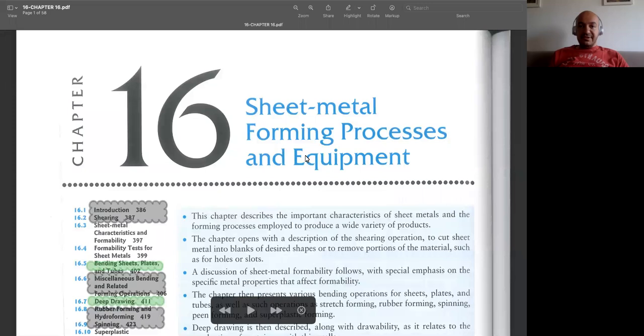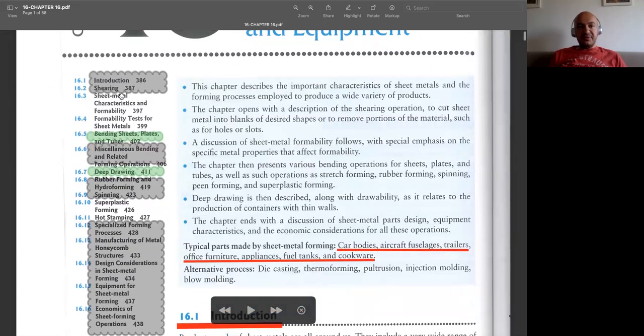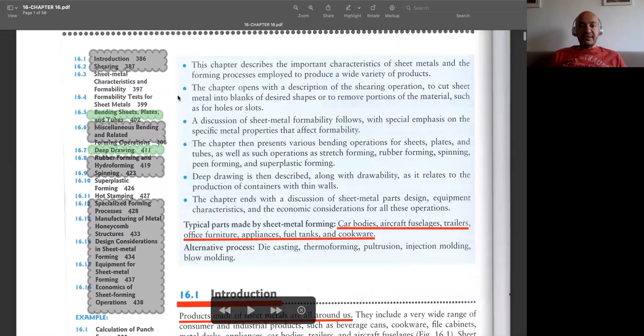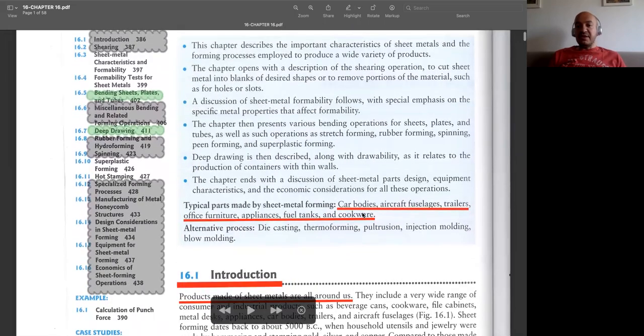Hey, this is chapter 16. It's about sheet metal processes and some other equipment about these processes. We'll be covering most of the subsections, but there are some details you're not responsible for. With these processes, we can manufacture the bodies of cars, home appliances, cookware, tanks, any kind of office furniture,